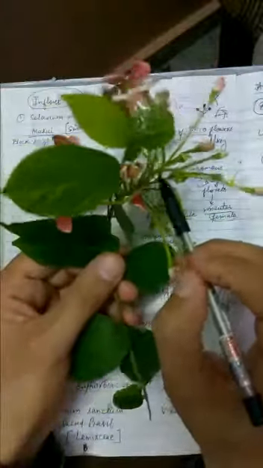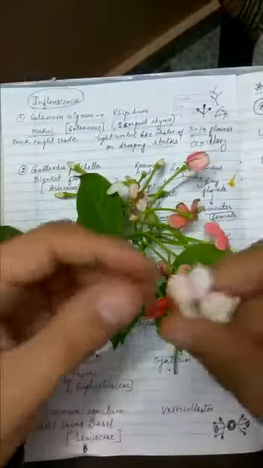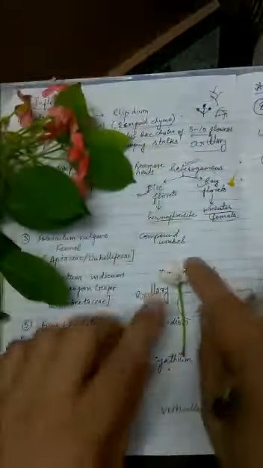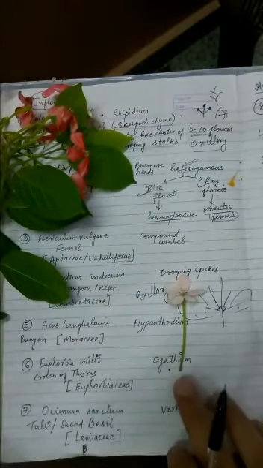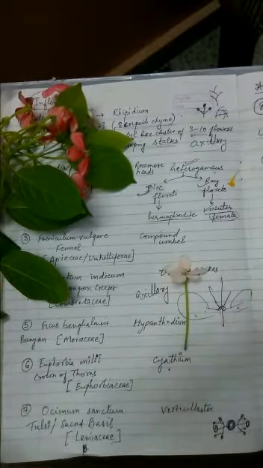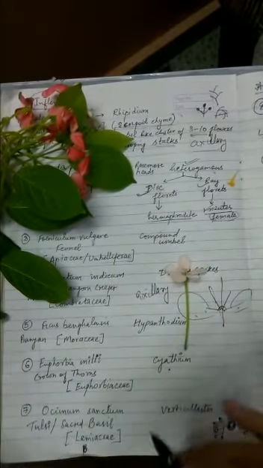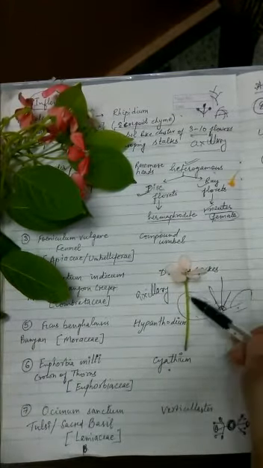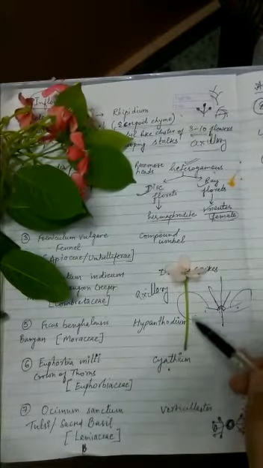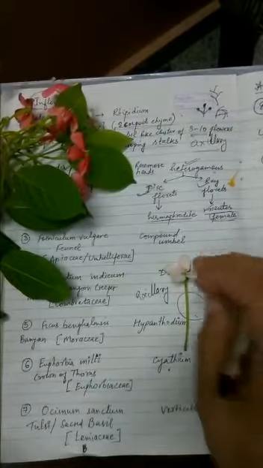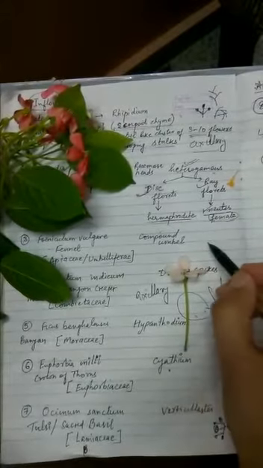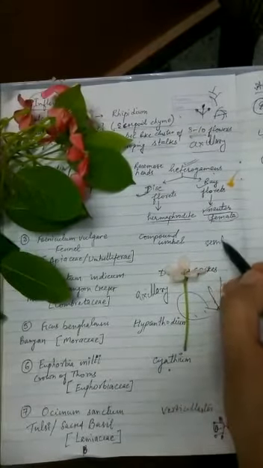this is an example of sessile flowers. Let me pluck one flower just to show you. So this is one complete flower. Remember, this flower will develop as a white flower, slowly changing into a pink shade by next day, then changing into a darker color, finally red, so it changes colors. This whole thing is not the pedicel, please remember, this is the female portion, or you can say sepals are there. So please remember, this flower is an example of a sessile flower.